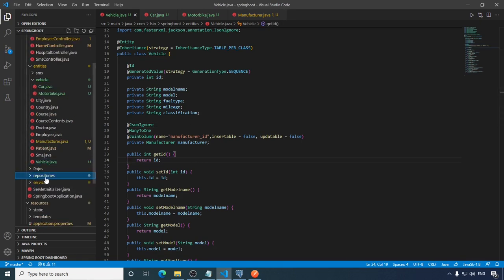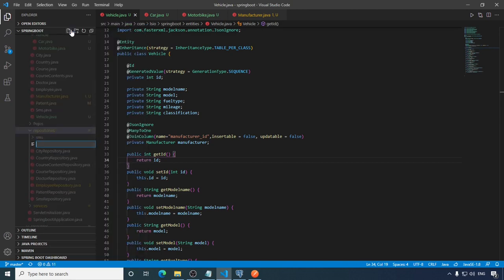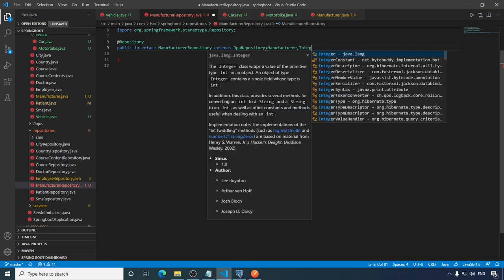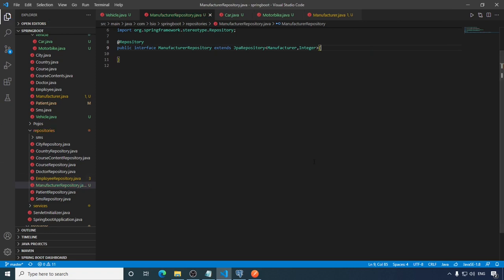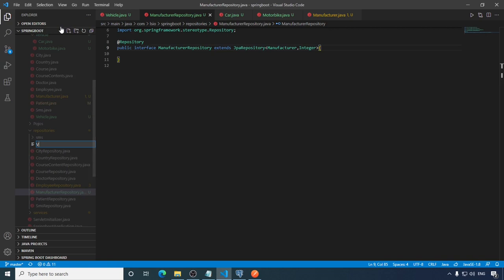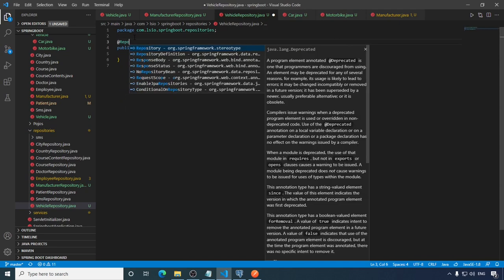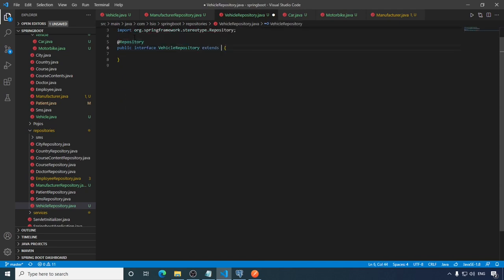Now let's create repositories for these entities. Inside the repositories folder, let's say ManufacturerRepository.java, should be an interface, right? And @Repository, extends JpaRepository, and should be of type Manufacturer and Integer, right? Save this, create one more for Vehicle, interface @Repository, extends JpaRepository, type of Vehicle and Integer,